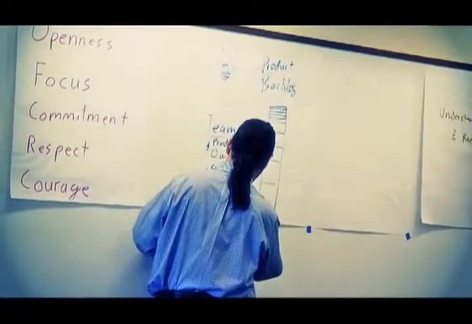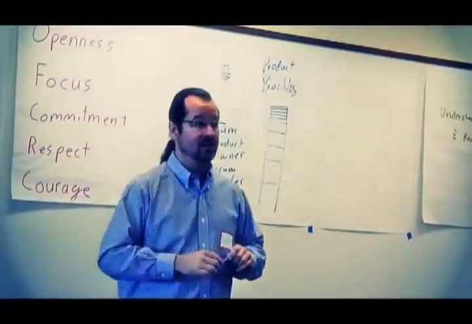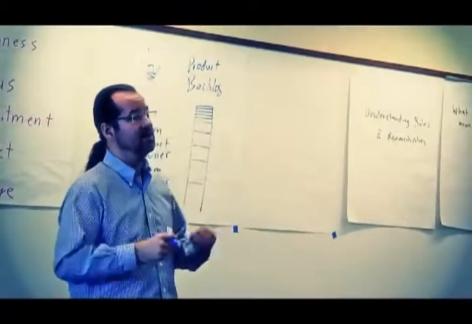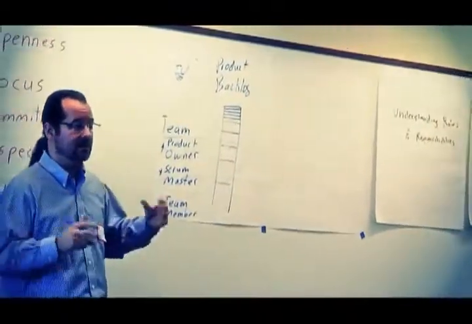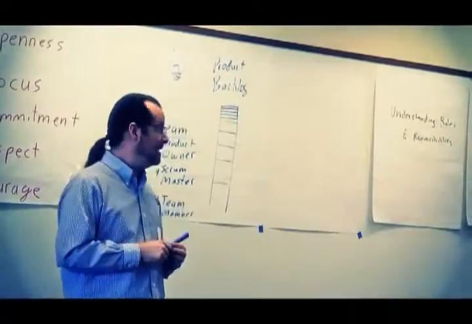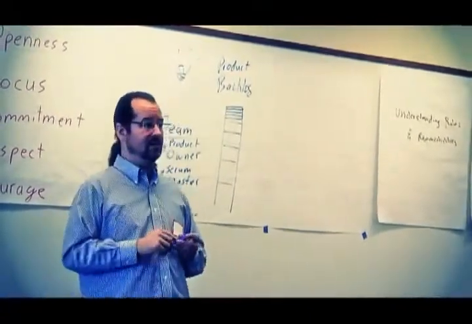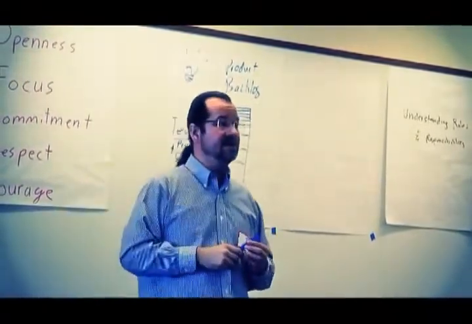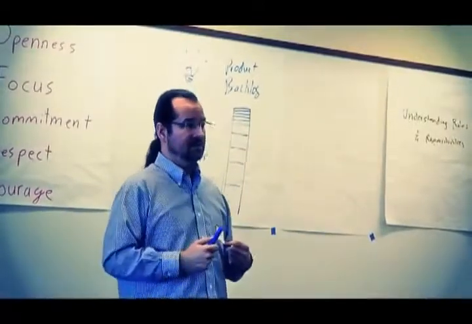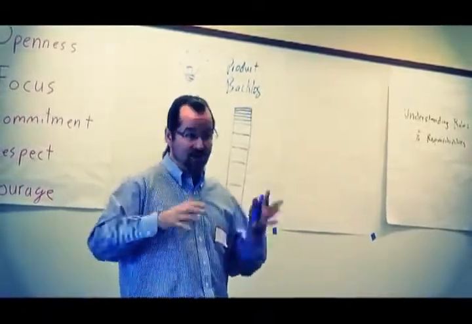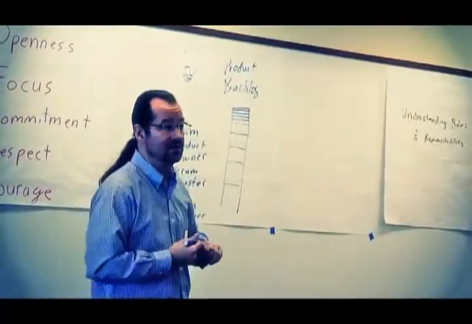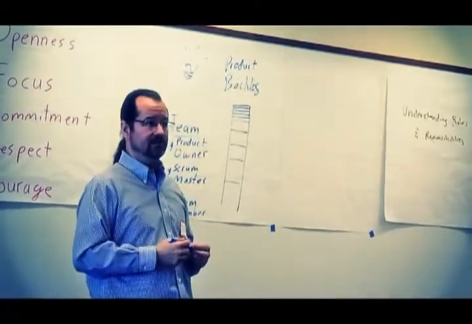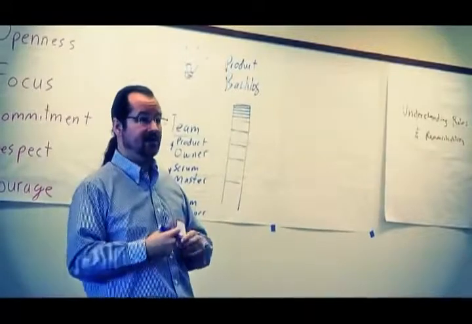And then the last role, team member. Intentionally generic. While it's true we need people with special skills, right? Java developers and testers and analysts and documentation specialists and database administrators or what have you. At the end of the day, your job on a Scrum team is to help your team deliver stories. Right? Scrum is a change in mindset from doing my job to doing the job. Right? As a team, we do the job. We deliver the stories that we committed to. As opposed to, I did my job, I wrote some good code. Good code's not enough. Right? It's not until we can ship it that it has value.